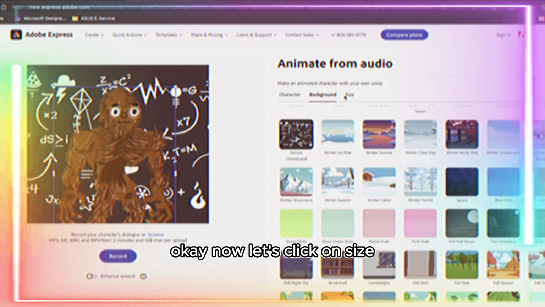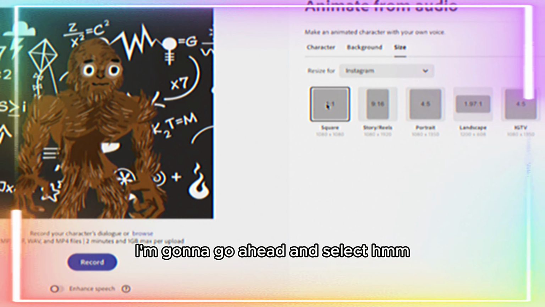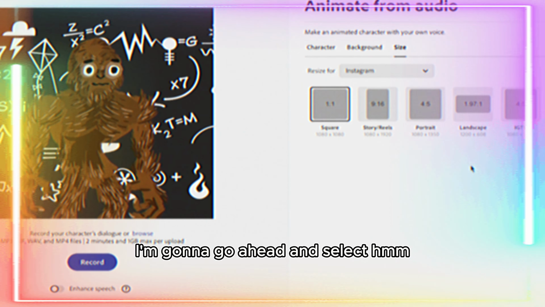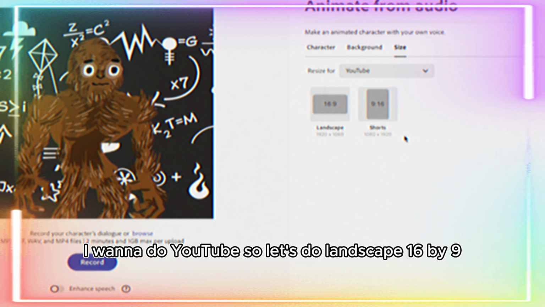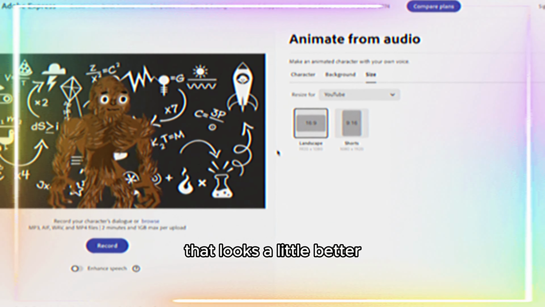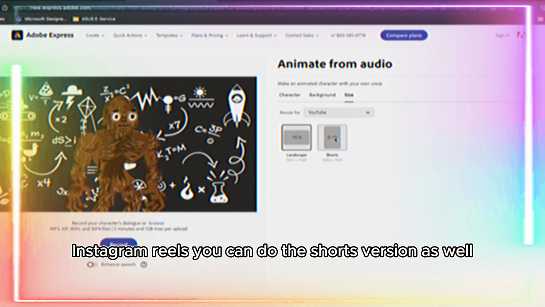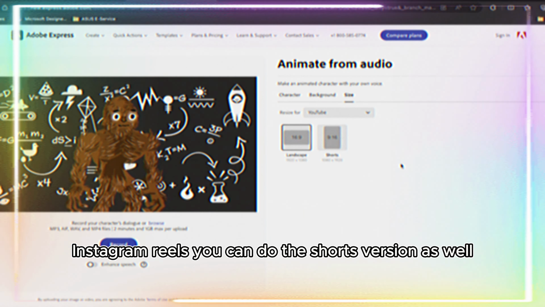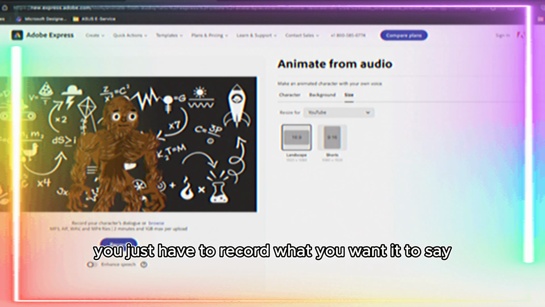Good fun. Okay, now let's click on size, and there are a whole bunch of different options here. I'm going to select, you know what, I don't want to do Instagram, I want to do YouTube. So let's do landscape 16 by 9. So there we go. Yeah, that looks a little better. But if you're into TikTok or YouTube Shorts or all that kind of stuff, Instagram Reels, you can do the Shorts version as well. Now, the next and final step is you just have to record what you want it